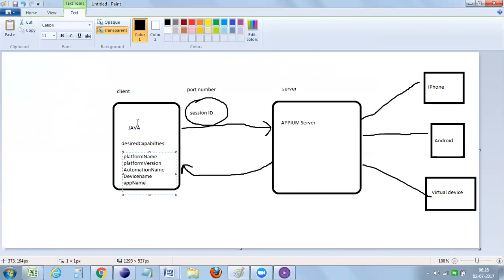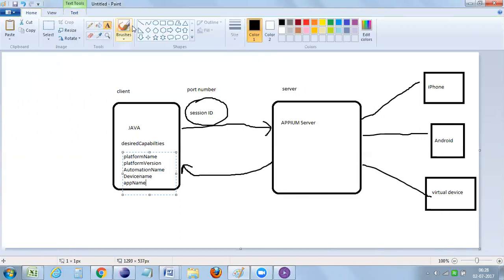All this information we are going to pass within the client using these desired capabilities, so that with the help of this information, the server will interact with the